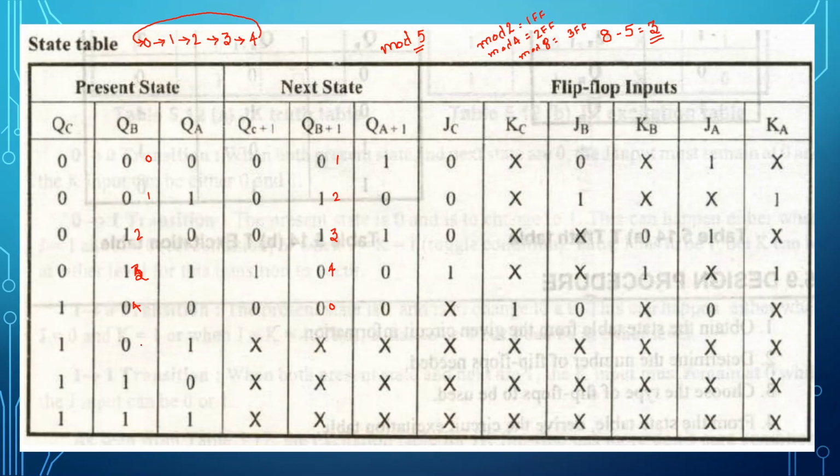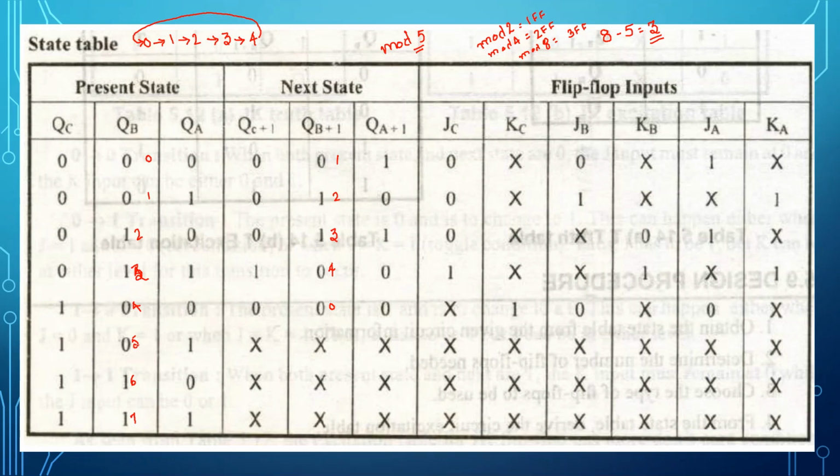But here you can see, I have written the table with respect to everything: 0, 0, 0, 0, 0, 0, 0, 1, 0, 1, 0, 0, 1, 1, 1, 0, 0. Actually, this is 5, which need not be reflected. This is 6. This is 7. So you can see, after 4, I want it to get back to 0 itself. But here, the count 5 is there. This 5 should not be reflected in the counter.